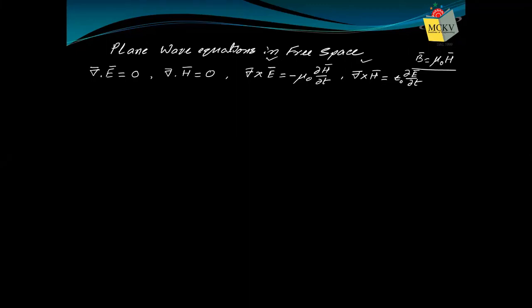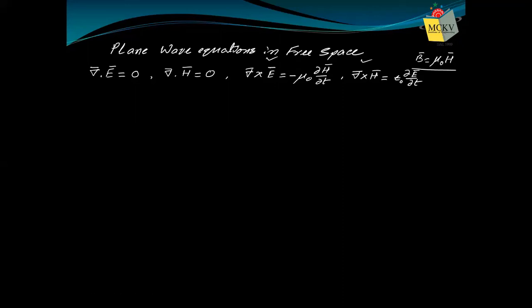Now, if we want to decouple it, that means I want an equation in terms of space and time. In terms of space and time, I want an equation of electric field only. That means in that equation, there will be only electric field, E. There will not be any magnetic field, H, present. And vice versa. I want an equation in which only H should be present. So how will you decouple it? These are coupled equations, 3 and 4. Now we want to decouple them. So how will you do that?